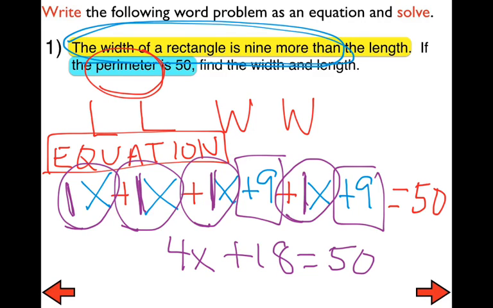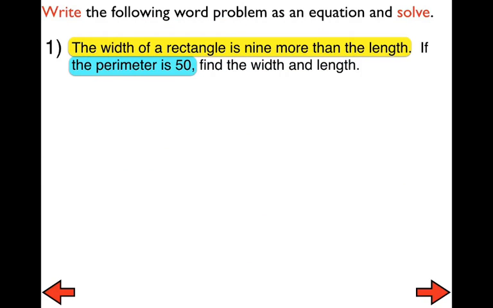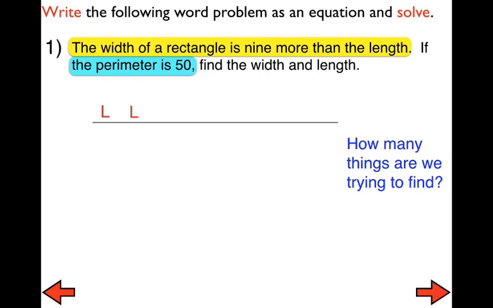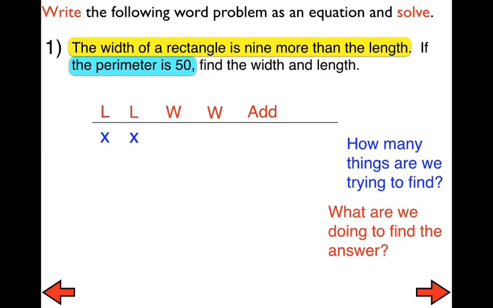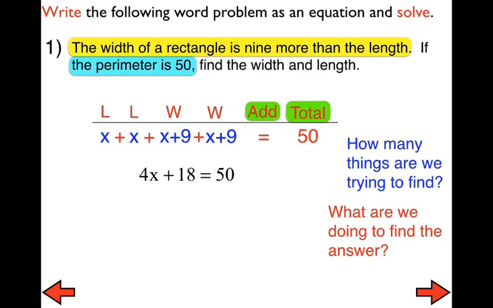So after we gather our like terms, we now have a simple two-step equation to solve. So I would like you to pause this video and solve that two-step equation. Then we'll talk about how to answer it. All right, to solve this, we of course subtract 18 from both sides. That is the inverse operation to adding 18. And then we divide both sides by 4 because that's the inverse operation to multiplying by 4, and we get